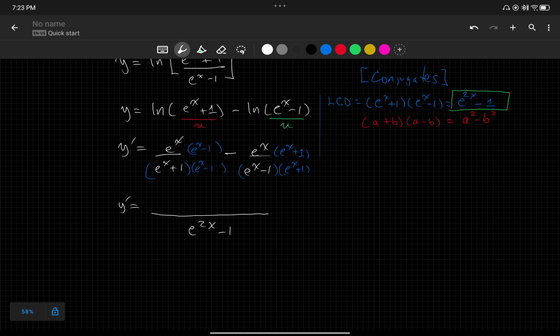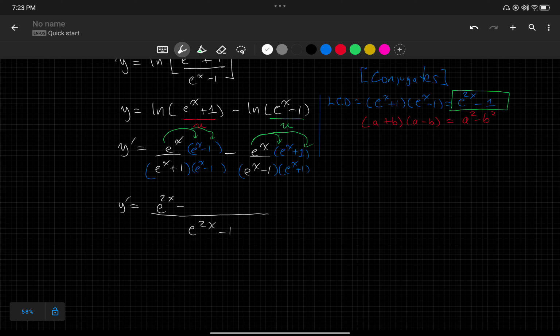So let's take care of the first one. This one here, and then here. This one here, and then here. So you're going to distribute e to the x times e to the x. When you multiply, you add exponents. e to the 2x